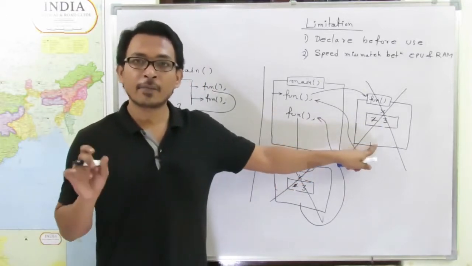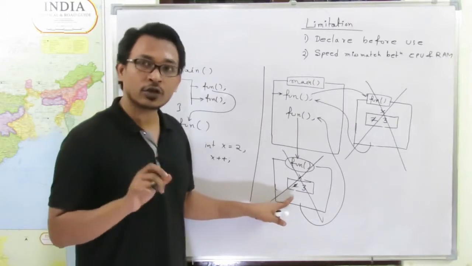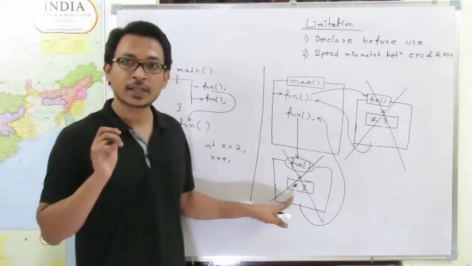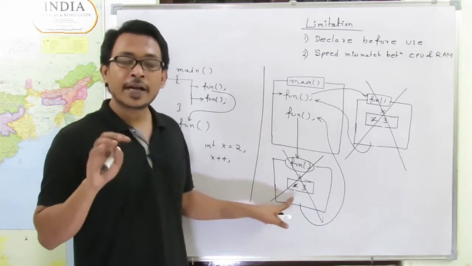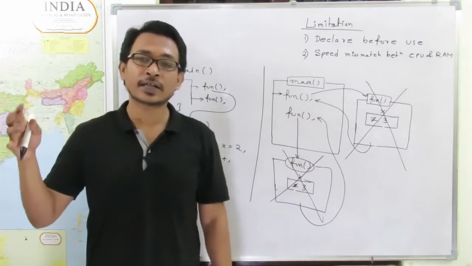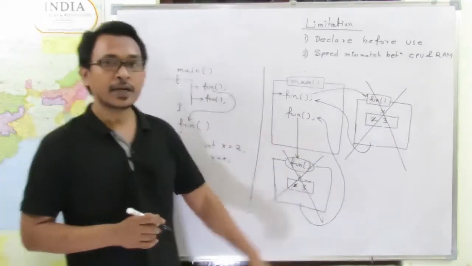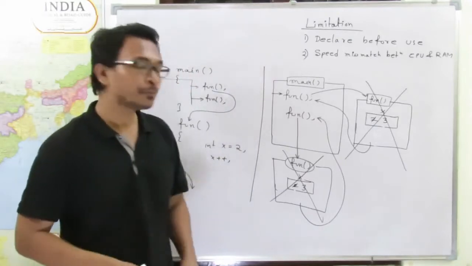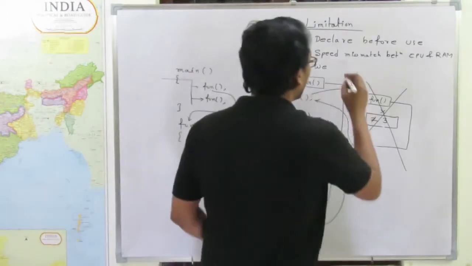We will not get back any of the values in the second execution of the same function, even though it is required for us. We are not able to acquire any of the previous values from the previous execution instance. So this is another problem that we get in case of function. Clear? So limitation number 3 is, we lose